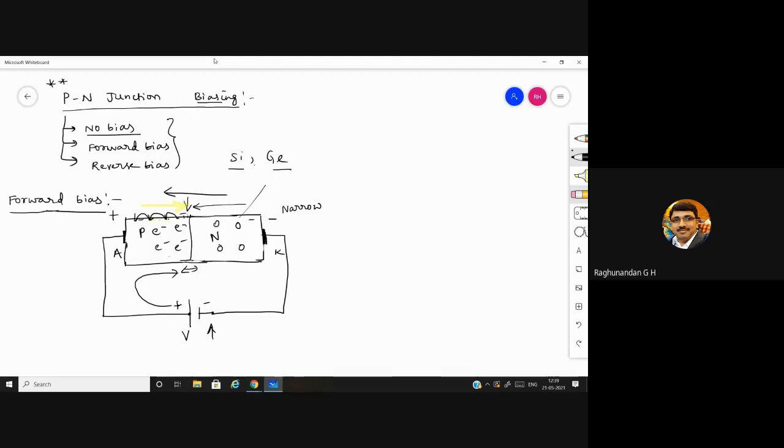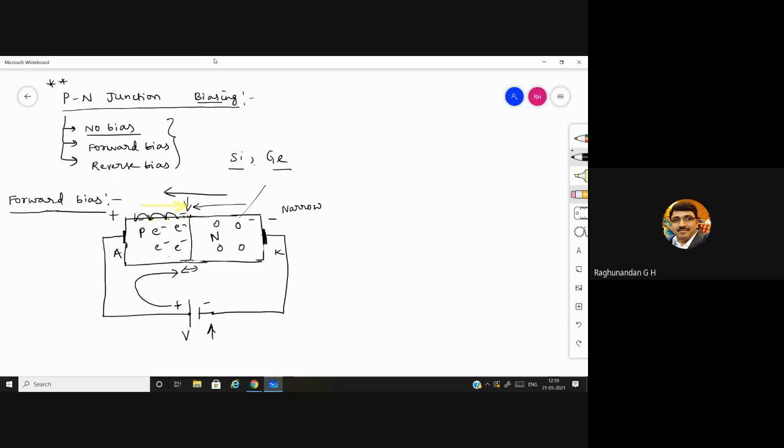But when you want an application where you want to emit light, like LED and all, for LED you cannot use silicon because silicon doesn't have light emitting capability. So then we have to go for gallium arsenide, gallium arsenide phosphide, or only gallium. By using those materials, we can emit the light. Okay, that we'll discuss in later topics, how it is going to emit light and what makes it emit light. So now coming to this.